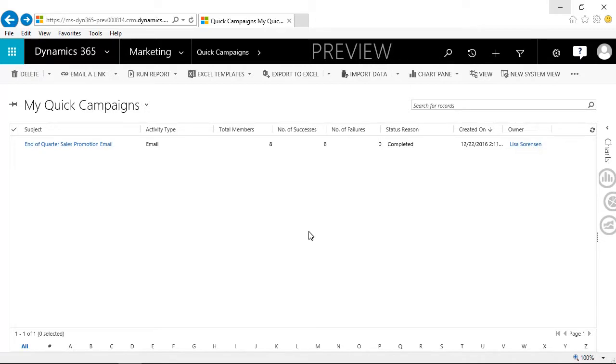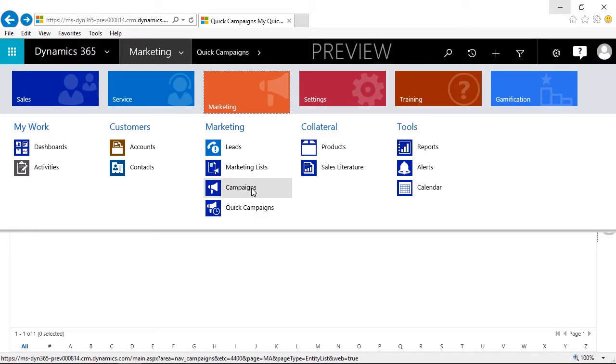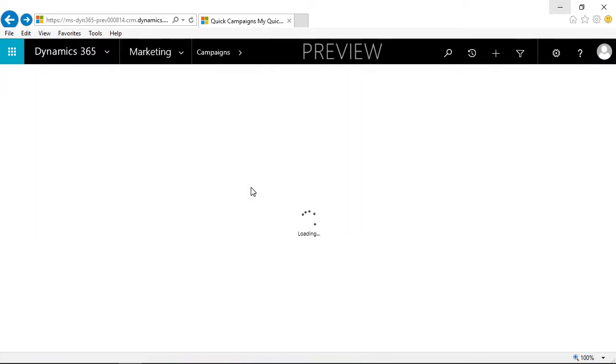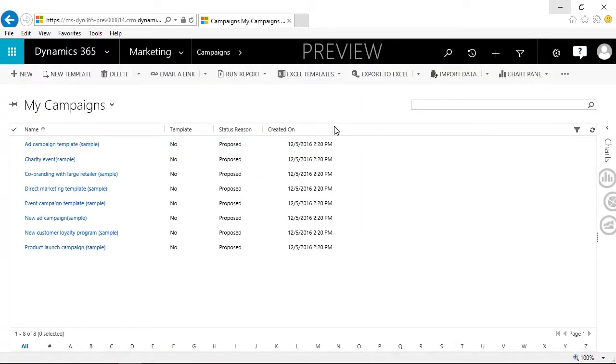We build our marketing lists and then we decide as far as what our budget's going to be to track our costs associated to it. The only difference is with our regular campaign, we just have more options. In other words, we can create multiple campaign activities. So what we're going to go ahead and do is, again, under our marketing module, we're just going to go to our campaigns. And you'll see that we have several campaigns that are already out there,